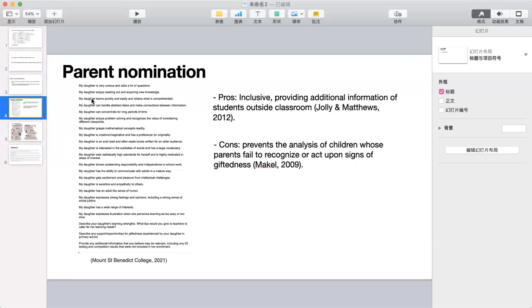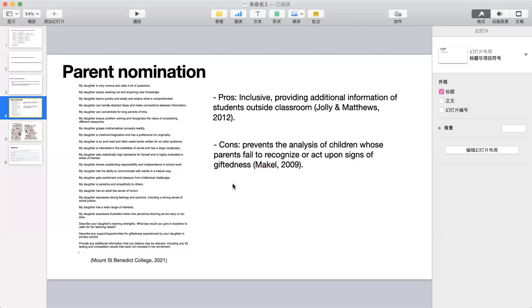Another instrument that we can use could be parent nomination. According to Julian Matthews, parents are most knowledgeable about the strengths and weaknesses of their children. This can be an extremely powerful component in identifying gifted students who are disadvantaged and underachieved in the field of language learning. Julian Matthews indicated that parents of linguistically precocious students could accurately identify them by measures including an early language inventory, vocabulary checklist, and Bayley Scales of Infant Development that focus on aspects such as receptive language, expressive language, language facility,